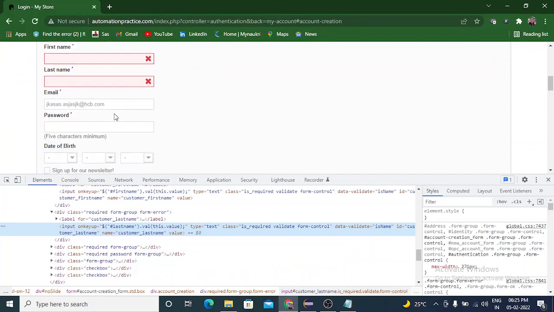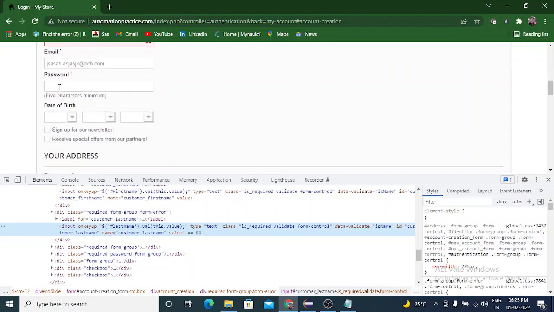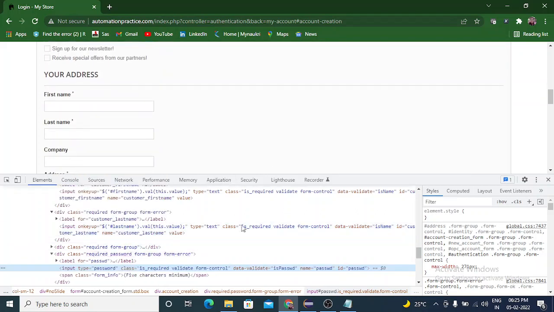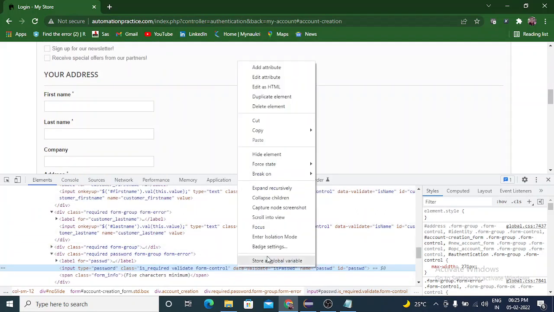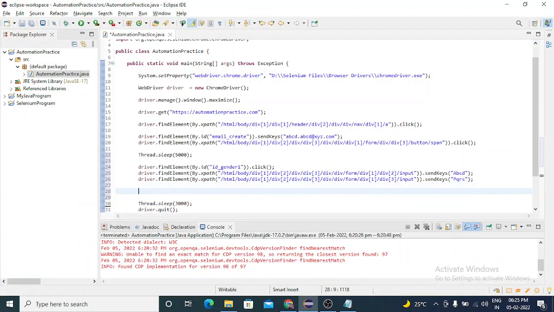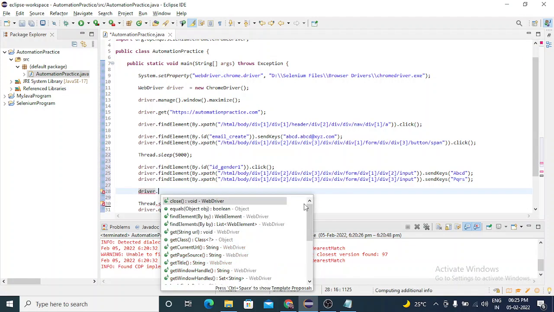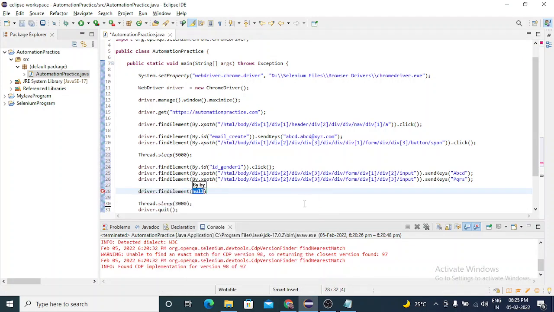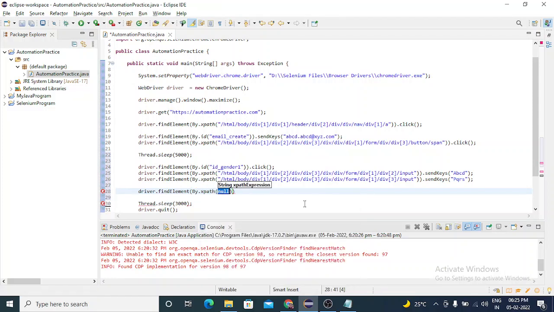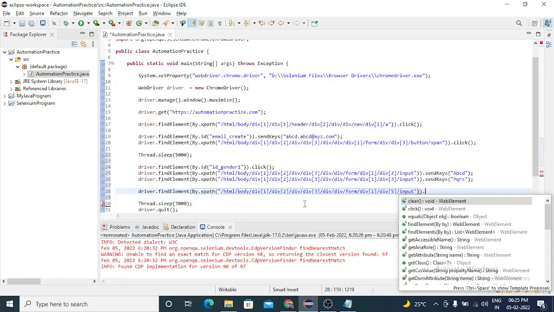First name, last name is set. Then email is already imported from the last page, so we need not worry about that. Then password. Go to password, then copy the XPath. Then driver dot find element by dot XPath, dot send keys.